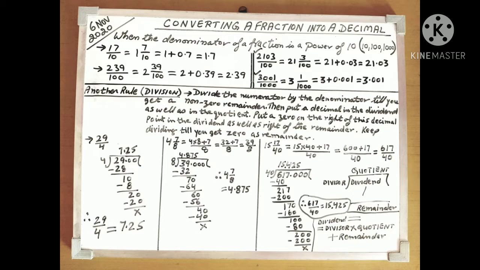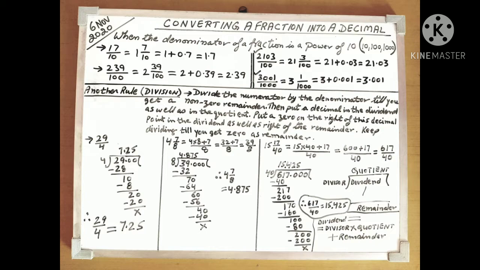You see the following examples and you will be able to understand it very clearly, right? See the first example, 29 by 4. So 29 is the dividend here and 4 is the divisor. So we do the normal division and we get 4 sevens are 28, the remainder is 1, right? Now we put a decimal in the quotient as well as in the dividend, and then we put a 0 after the decimal. So we carry this 0 down. Then we get 4 twos are 8 and so on. We carry on with the division to finally get a remainder 0.